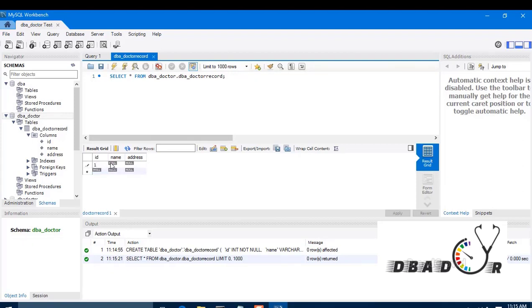Inserting the record, again we have two options. Address Mumbai, if I'm providing it here, and id two, and Santosh. Let's say if I'm not giving any record for the third column, then what will happen?